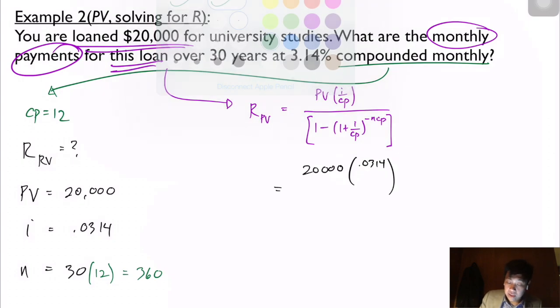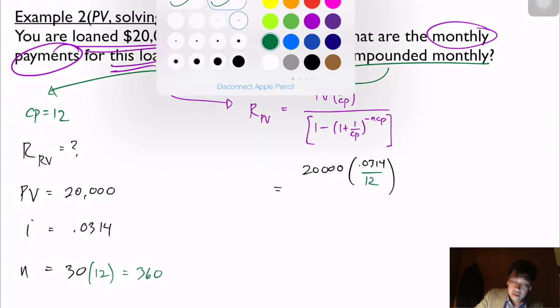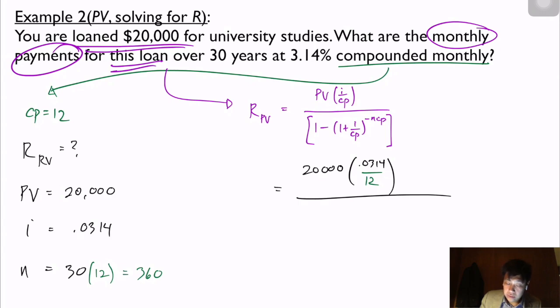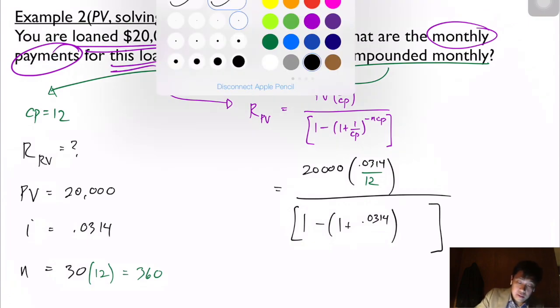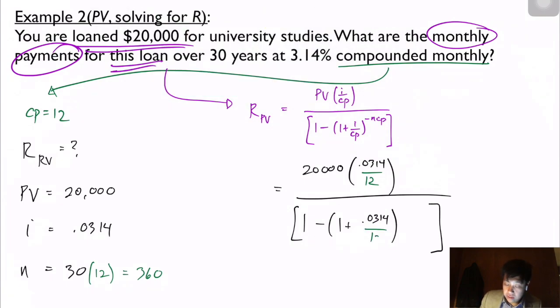Now we're going to divide by the compounding period, all over 1 minus 1 plus 0.0314 divided by the compounding period again, and this time to the negative 360. That's what your formula looks like. The calculator syntax itself